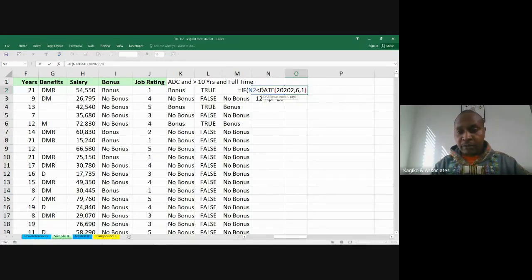And you close that bracket. So 2020, 6, 1, good. So we are testing if this number is less than June the 1st. And then we also want to test whether this number is greater than